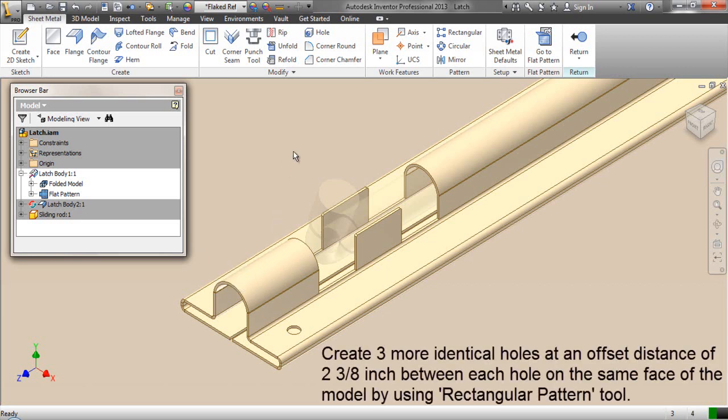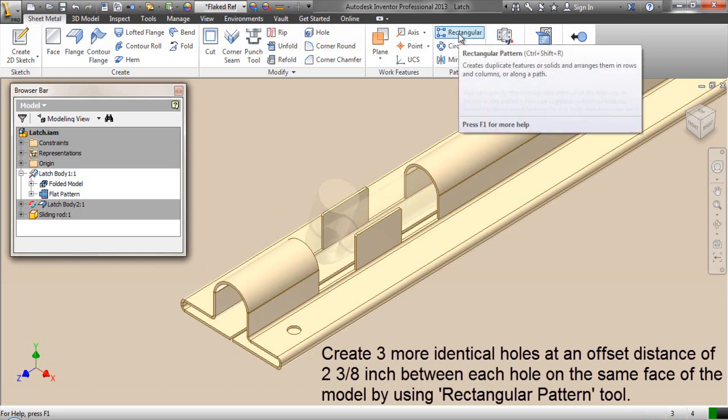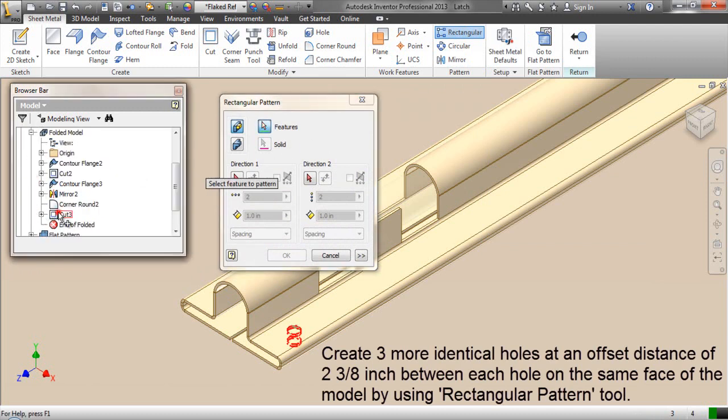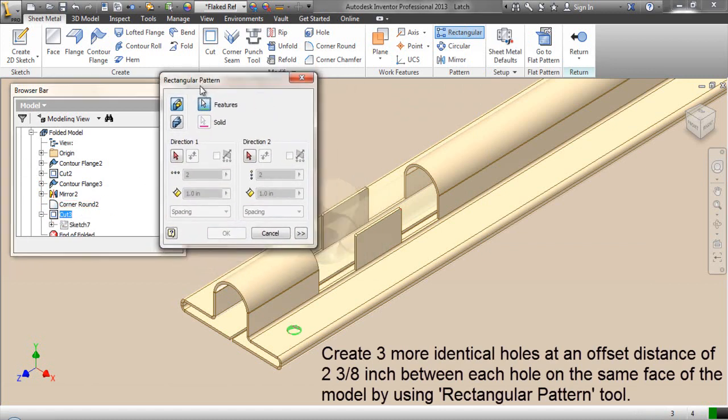Create 3 more identical holes at an offset distance of 2 and 3 by 8 inch between each hole on the same face of the model by using rectangular pattern tool.